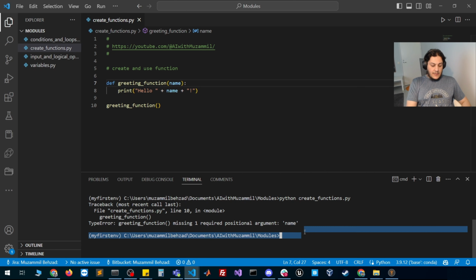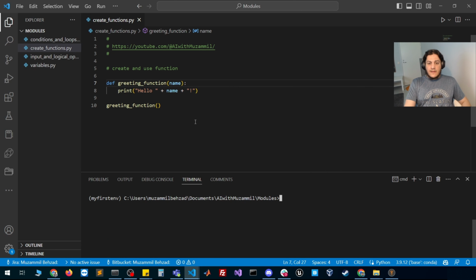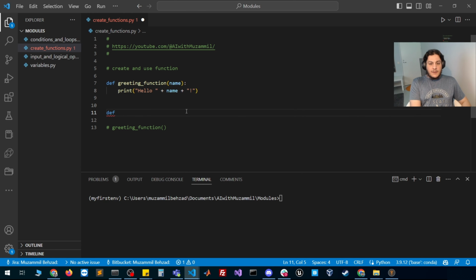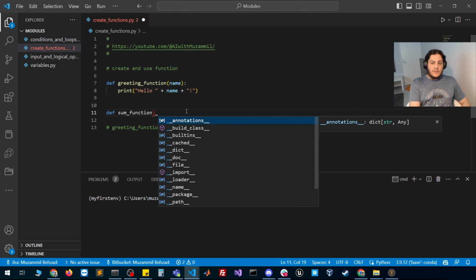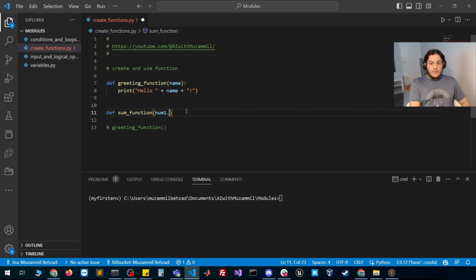That's one way of using functions, and depending on different scenarios, it depends on how you want to call it and how you can use functions. One of the very classical ways of using a function is, let's say, taking two numbers and returning the sum. So a sum function. Okay, and what it does is that it basically takes num1 and num2. And what it does is that